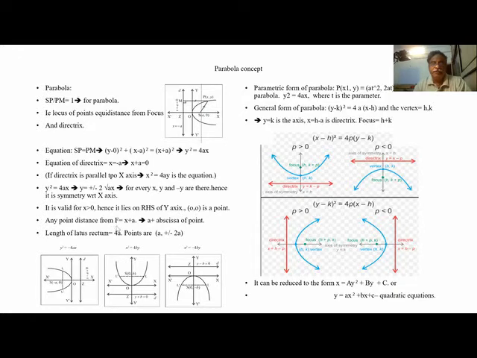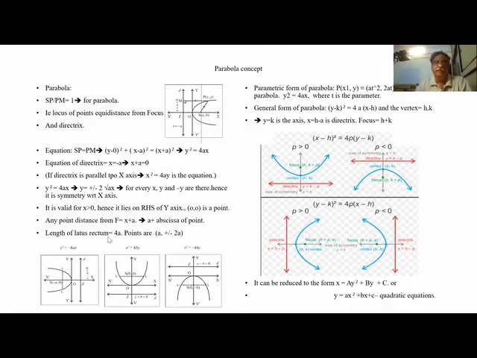The distance of any point from the focus F is x plus a. Suppose this is x. What is the distance from the directrix? It is x from the vertex, from the y-axis, and we have to add a also. So this distance is x plus a, and this distance is also x plus a. Both are the same for a parabola. That is a plus the abscissa of the point. Abscissa is the x-coordinate, ordinate means the y-coordinate.